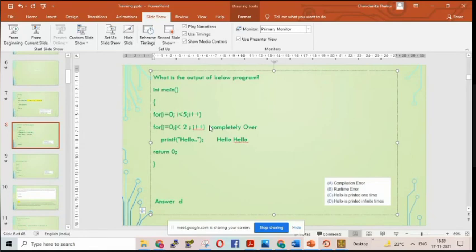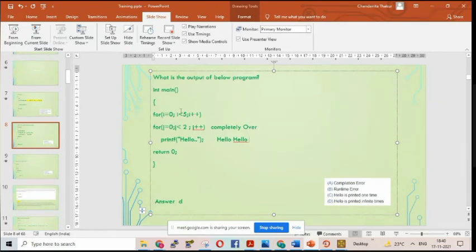It will be a little more complex because we have not gone through the actual concept. So the J for loop will be completely over, and by the time it gets completely over, how many times did hello get printed? 2 times. Is it clear? Yes or no? Yes, ma'am.